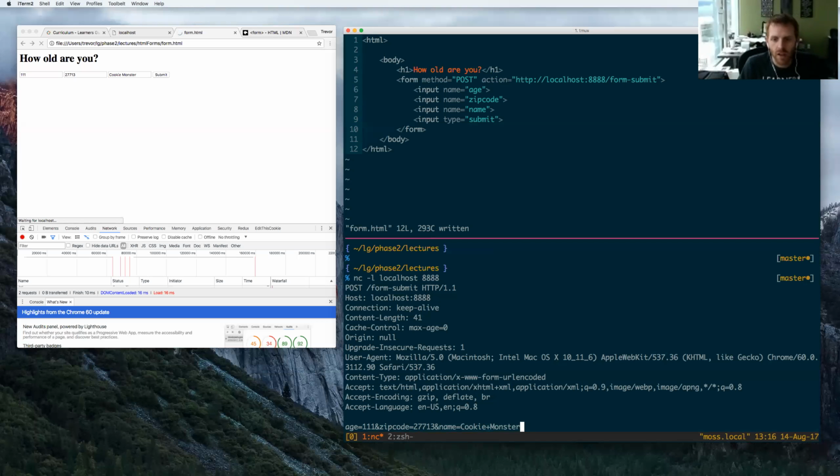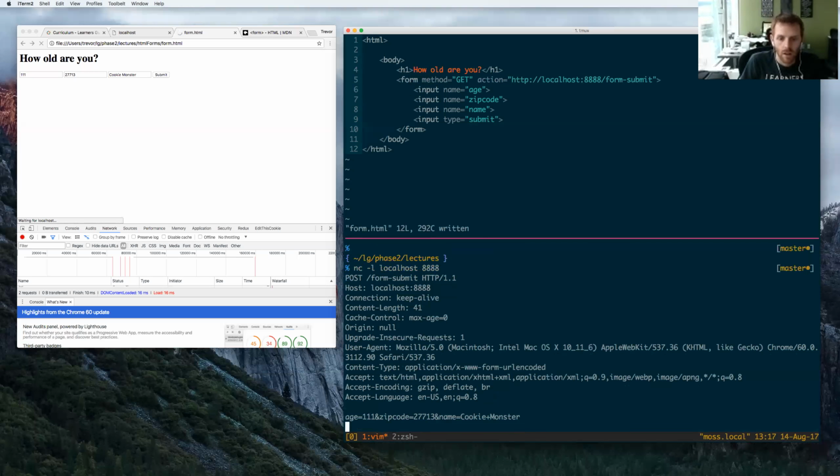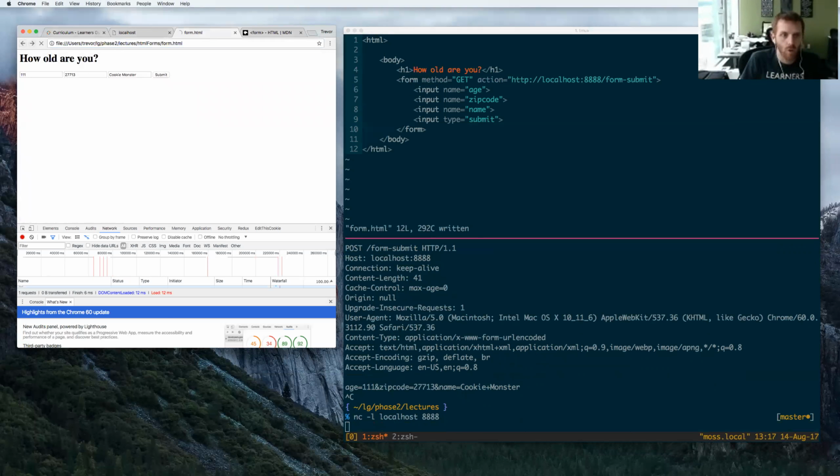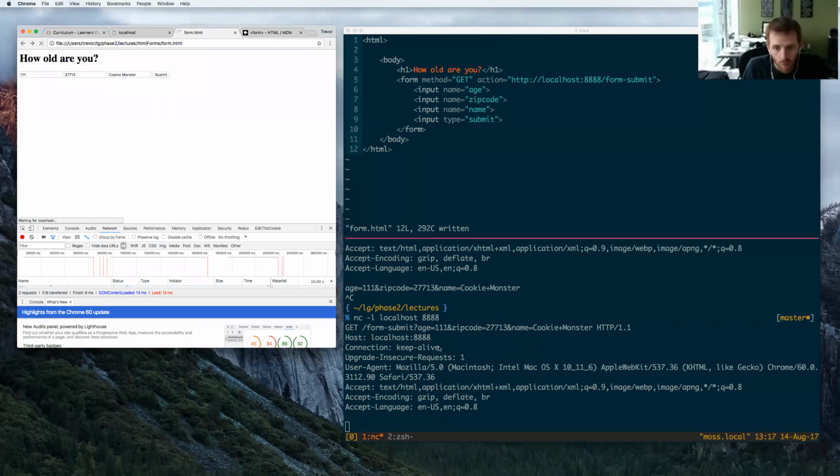So there's the post, and just for reference here, if we change this to GET and start up this server again, go back to our form again and submit the same thing, 27713, monster. So the GET looks very similar, but all of that information from the form, instead of being put down here on the body, gets added on to the path of the URL that we're